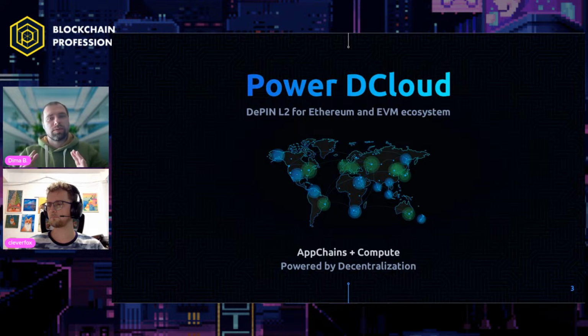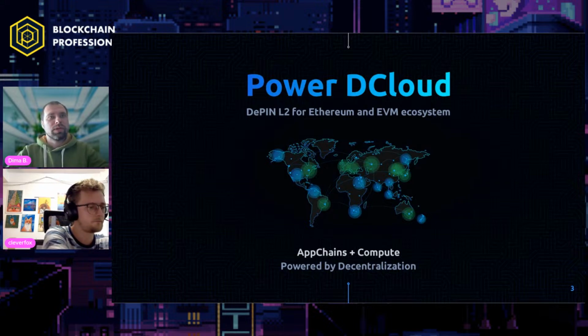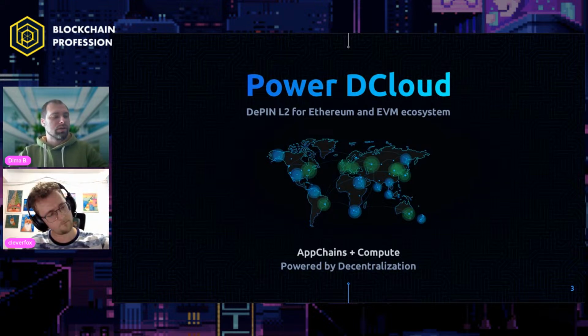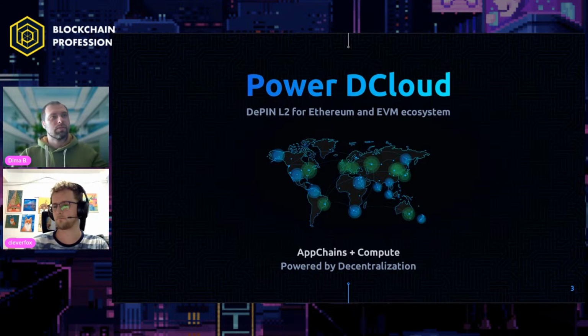Our major focus is providing application chains. It's based on EVM, and it's compatible with all EVM stuff. And we'll see how it's working today on some popular tooling, for example, Foundry, maybe. And we also use the Docker engine inside, and we will show how to deploy Docker containers to